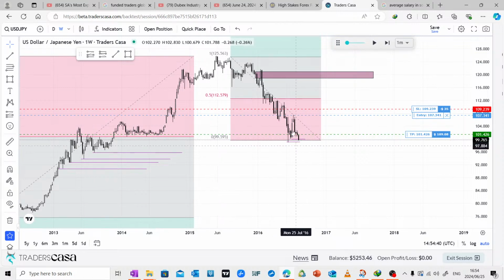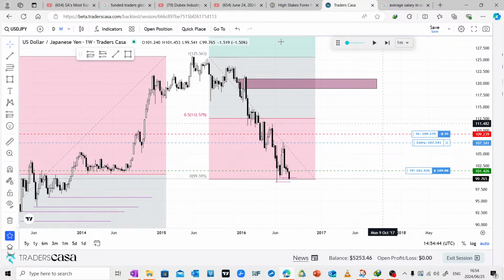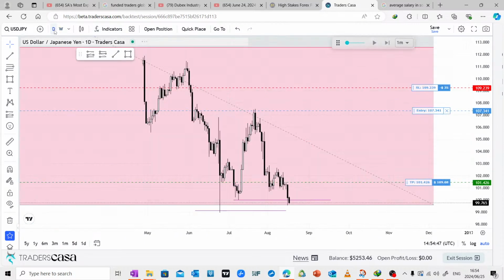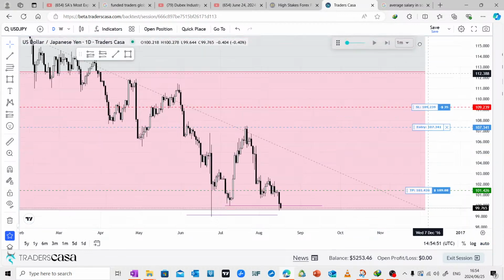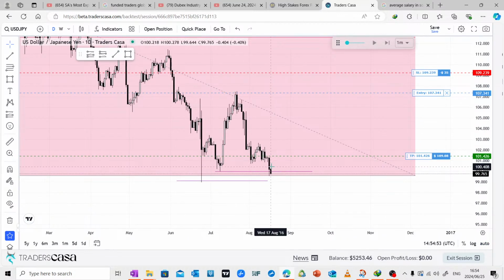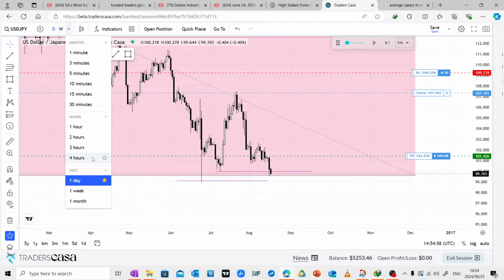But it needs to accumulate orders, and I feel like it has to tap into this before it decides to reverse. So going back in the daily, we can see we're waiting for this close. All right, so what day of the week is it? It's Wednesday, and let's just play it quick so that we know what the trading day is going to close at. So I'll just speed it up. So let's just push it to the 4-hour time frame,